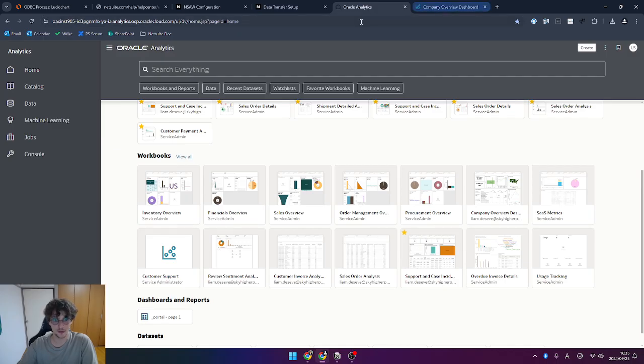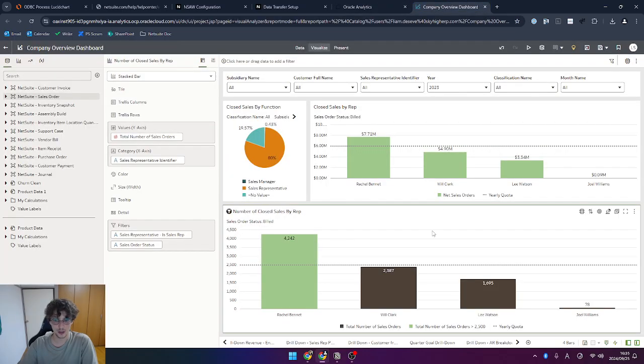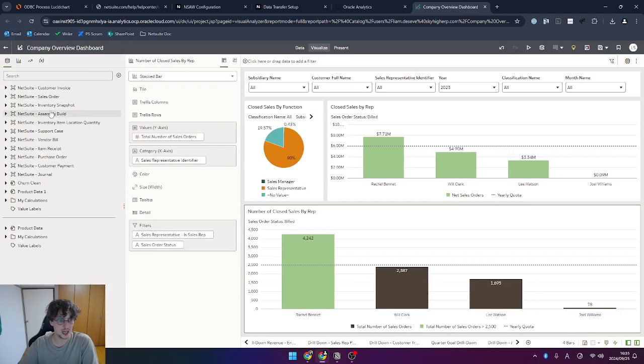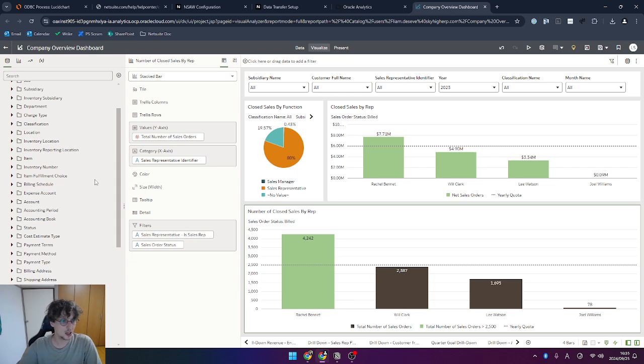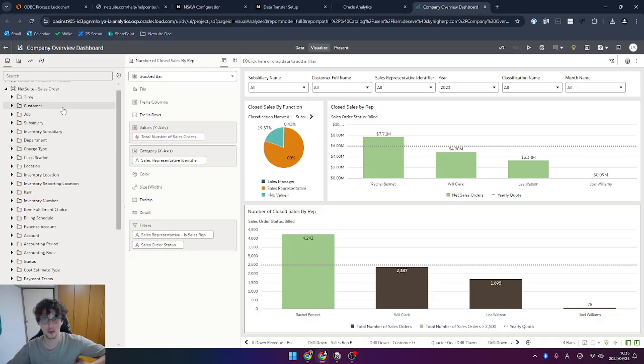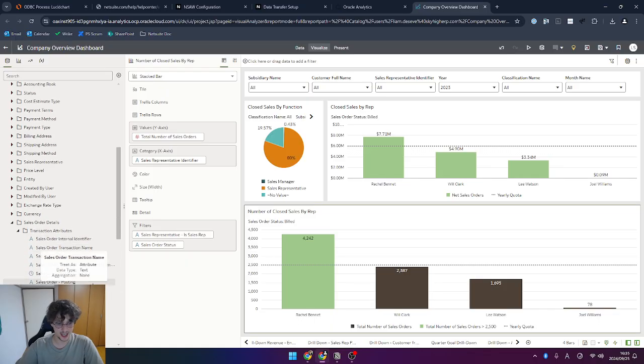So how it would look for you: if we go into Oracle Analytics and look at the workbook, here I have my company overview dashboard, and on the left side we have these functional areas. In this case, for example, sales order. These are all the different subtables that you would be able to report on together without causing any hurdle or technical problem. So like I said, you would have customer, and if we go further down, the transaction attributes, in this case these are line items,